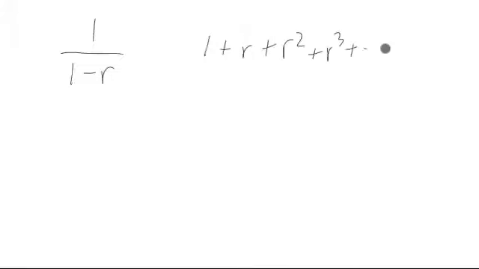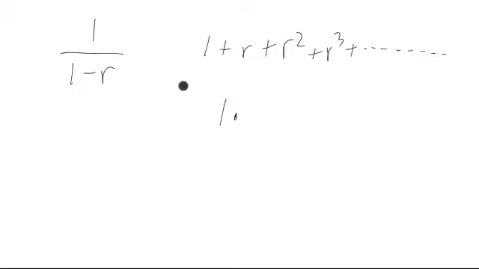Let's talk about how we can work backwards from geometric sum formula to actually write out a geometric series. For instance, think about this 1 over 1 minus r. This is the result of a geometric series 1 plus r plus r squared plus r cubed plus forever. Because what we do is we look at the first term, which is 1, and then we multiply it by,